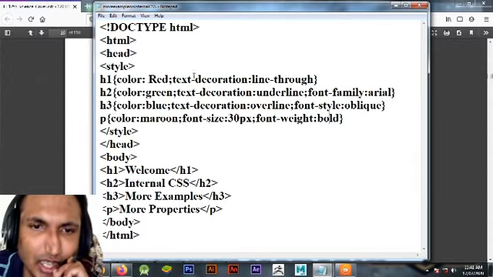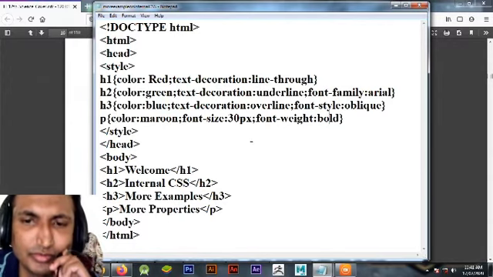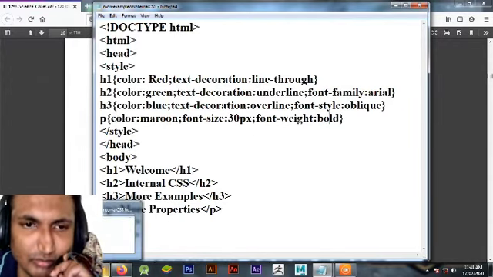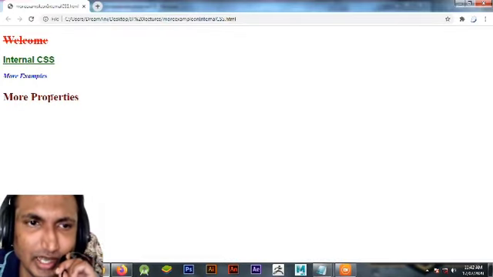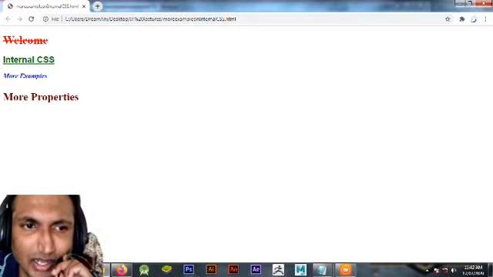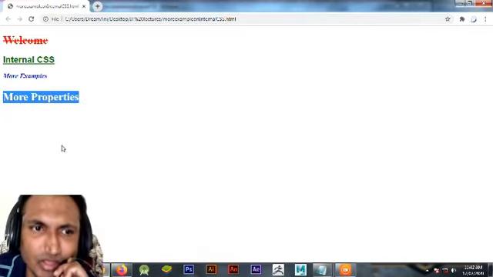So let's see how this works. I'm running this program and you can see here it's line-through, underline, overline, and the p tag is getting the maroon color.